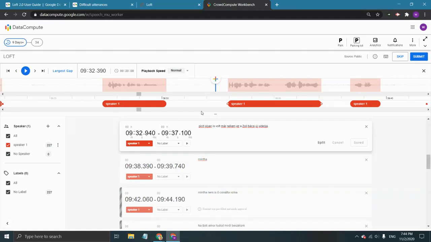This is the second video about measuring 0.5-second pauses and splitting speaker turns. So, when we listen to the audio and we get another pause that we're trying to measure, like this one here,